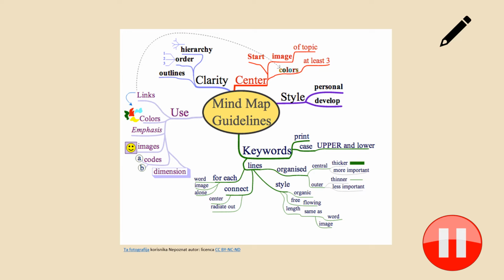This time, I would really prefer if you would draw the mind map in your notebook, so don't use any of the digital tools. Why? Because I think that in this way, during the process of writing, you will really think about it, dedicate your thoughts and your inner ideas to the term communication.